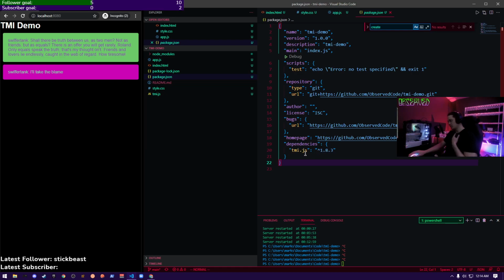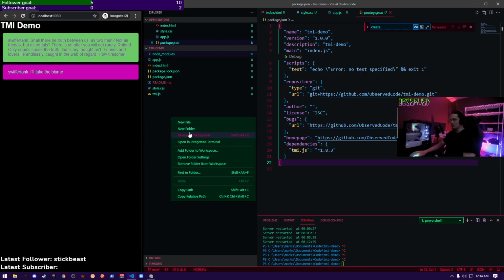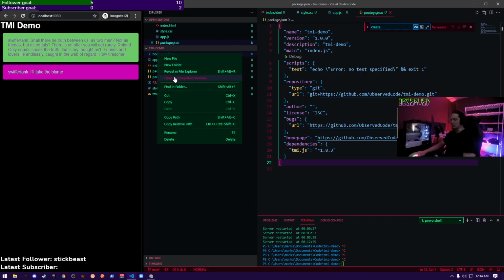For development, we don't have to actually pack the whole TMI library in there. We could just have the person copy the repository down and then install that locally. So it makes things a little bit lighter when working with a bunch of different developers. All of that stuff is going to be in node modules. Everything you install through npm is going to be in node modules. What you have to do is you have to ignore